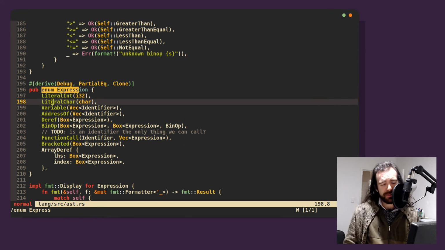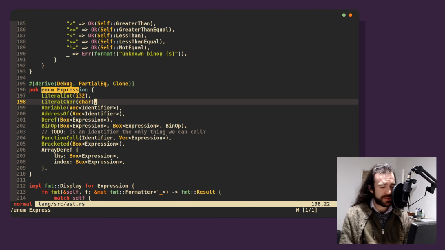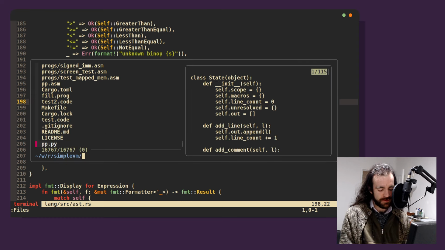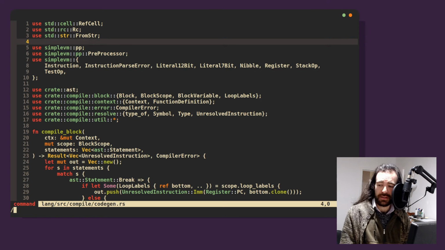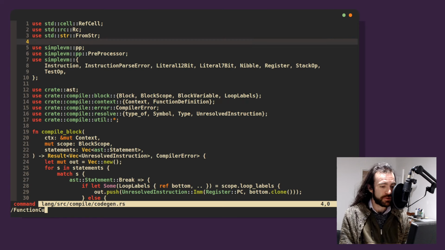I have another thought though, right? Rather than adding a new expression type, I have this weird thought. And I want to see what it looks like when I do it, because it might be disgusting, but it might not be. So if I go to our function call